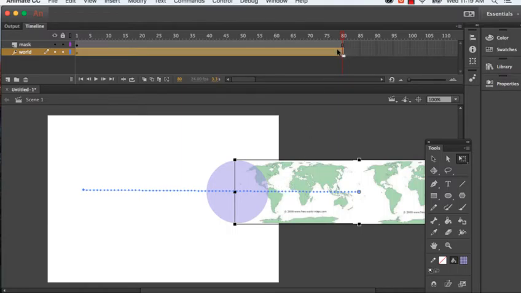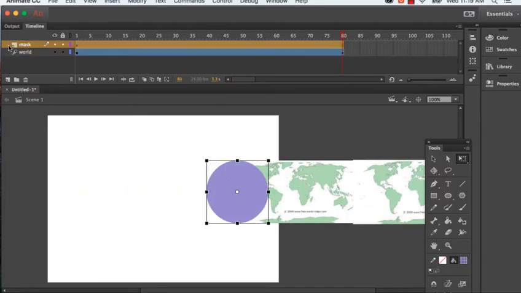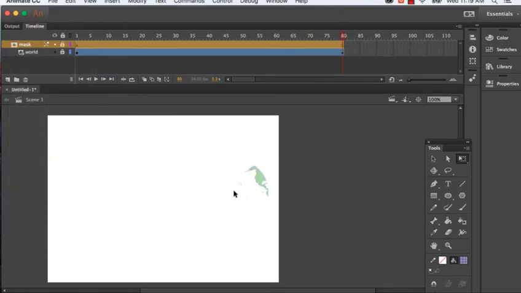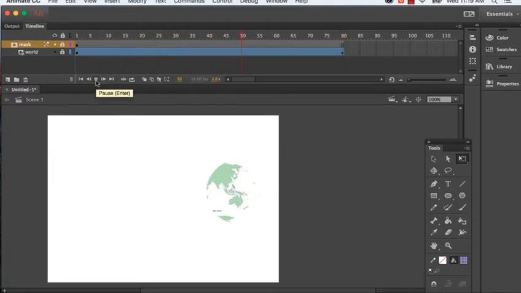And then we're going to come up to the masking layer. Now this is where it doesn't always work on my machine, but okay, so click on the masking layer, or right click on it with Control, and then hit Mask. Okay, so you've got your mask, and if we preview it, make it into a SWF file, we've got our